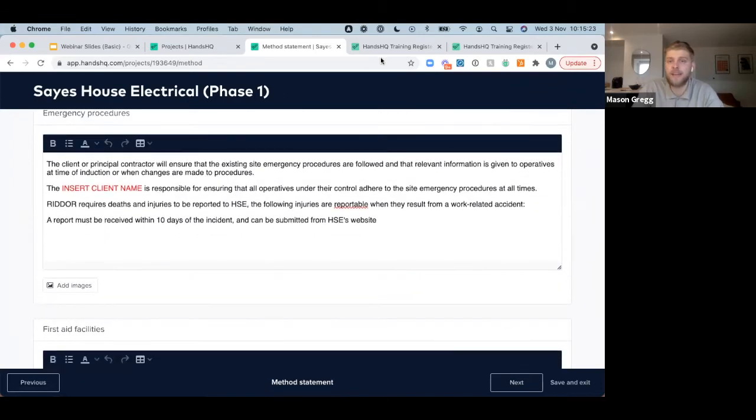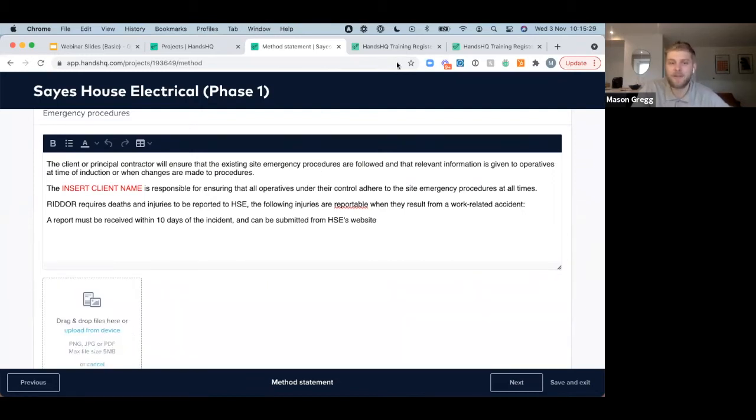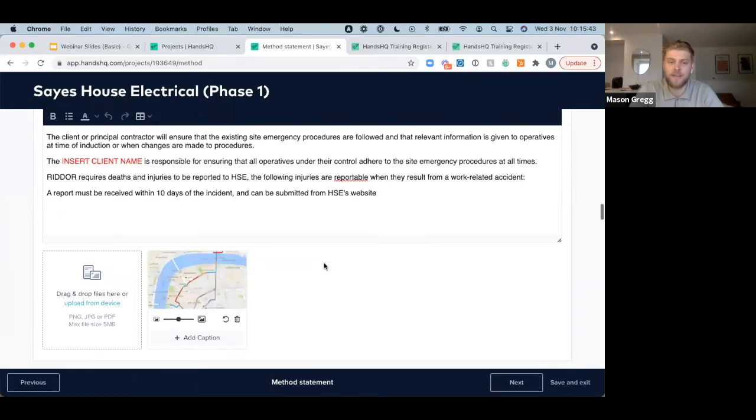I appreciate, at the moment, adding images to Word documents can be a bit of a pain, especially when you've spent so long formatting the document. You drag and drop an image in, your text pretty much blows up and goes all over the place, and you've got to spend another 20, 30 minutes trying to reformat just to get your image size correctly in that document. With this, that's not the way. You will actually be able to upload this image immediately into the system.